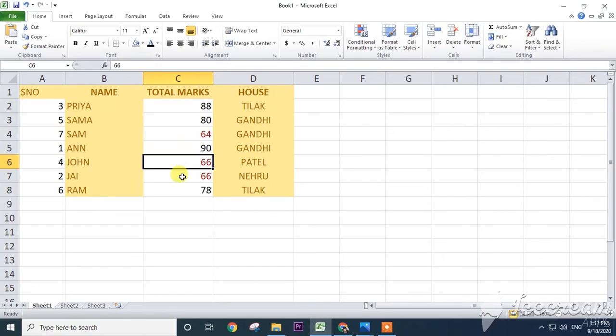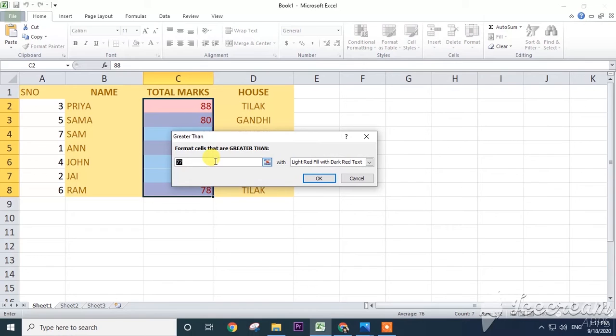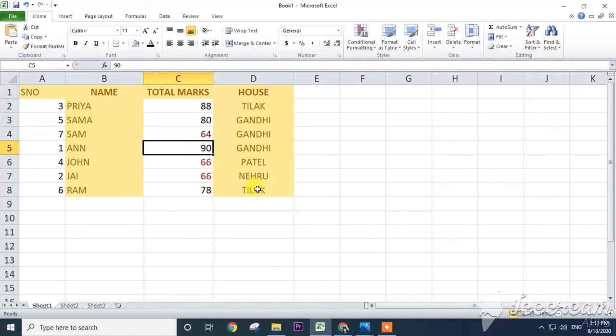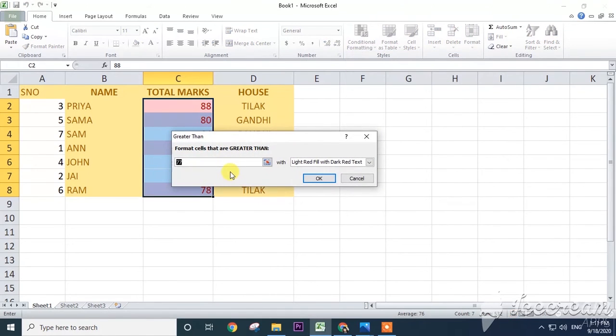In conditional formatting, we are giving some condition. Now next one also I am going to show. I am selecting this one, and Conditional Formatting, Highlight Cells, greater than, those who got 90, it should fill with light red, and click on OK. See this one, where is that one? Wait, Conditional Formatting, cells greater than 89, okay, and click on OK.